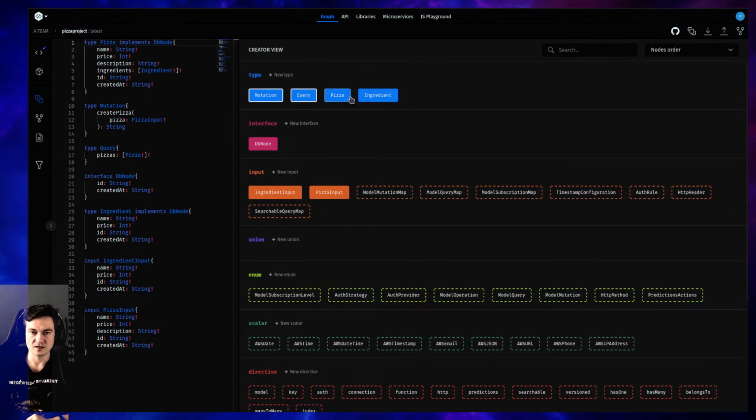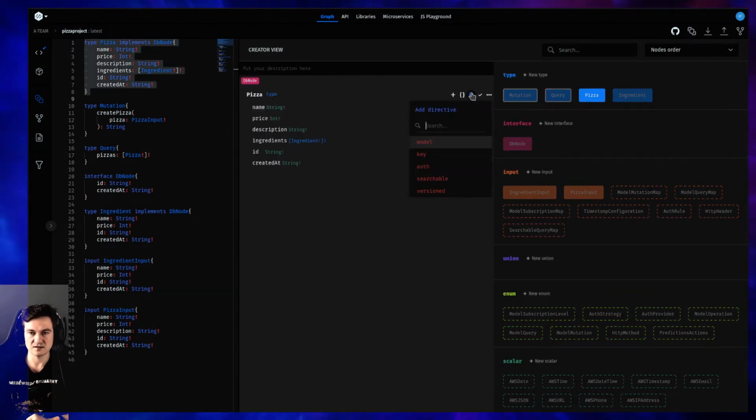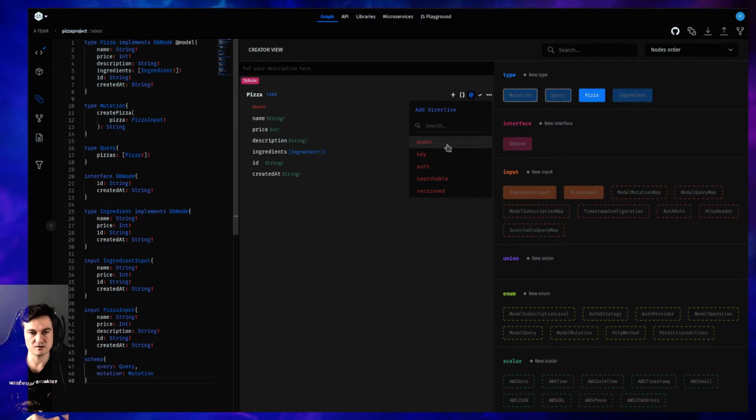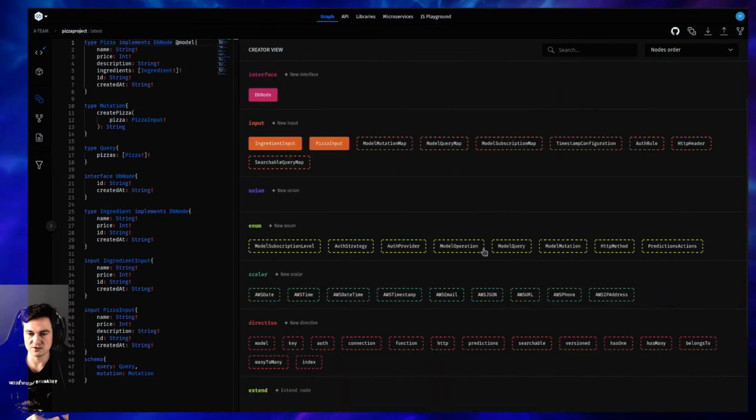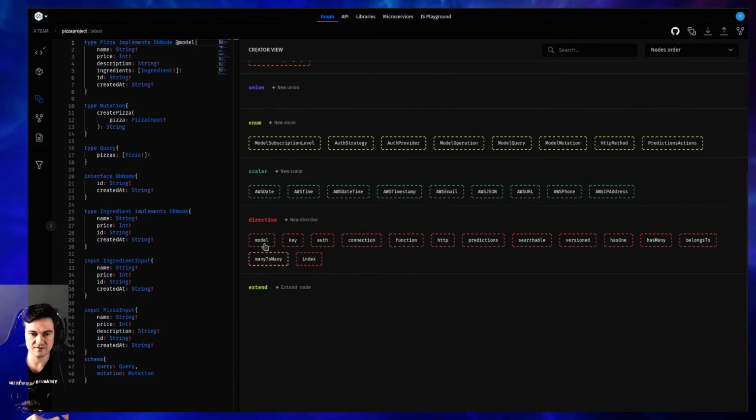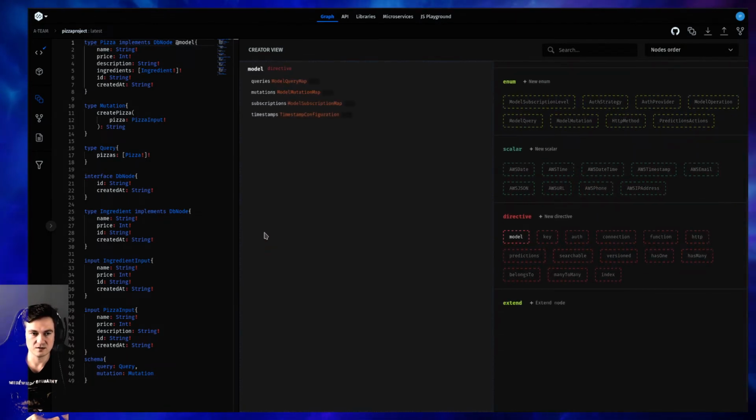So if I want to make a pizza, AWS Amplify model, not a problem. Let's just see the directive itself, model. Okay, queries, mutation, subscription.